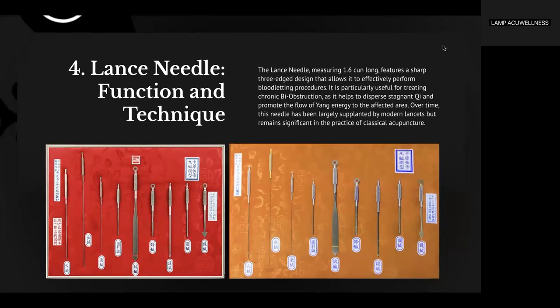The lance needle, measuring 1.6 tun long, features a sharp three-edged design that allows it to effectively perform bloodletting procedures. It is particularly useful for treating chronic bi obstruction, as it helps to disperse stagnant qi and promote the flow of yang energy to the affected area. Over time, this needle has been largely supplanted by modern lancets, but remains significant in the